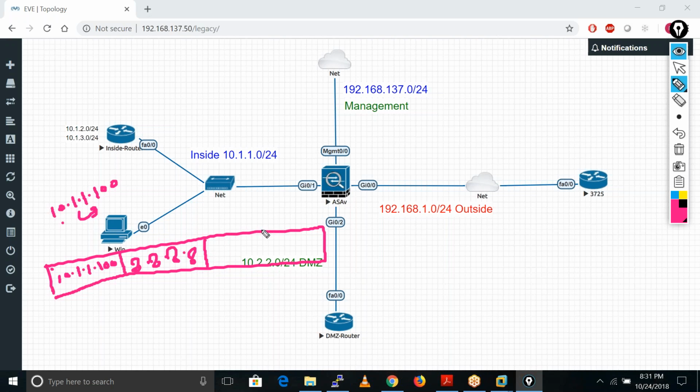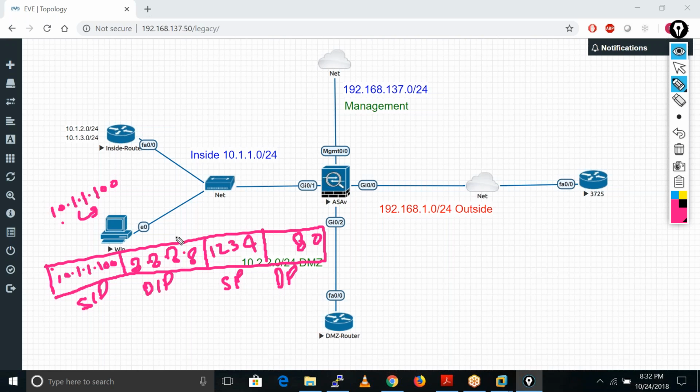Let's suppose the source port is any random port, 1234. And the destination port is 80, because if he is sending an HTTP request, it is on 80. So this is the source IP address, this is the destination IP address, this is the source port and this is the destination port.